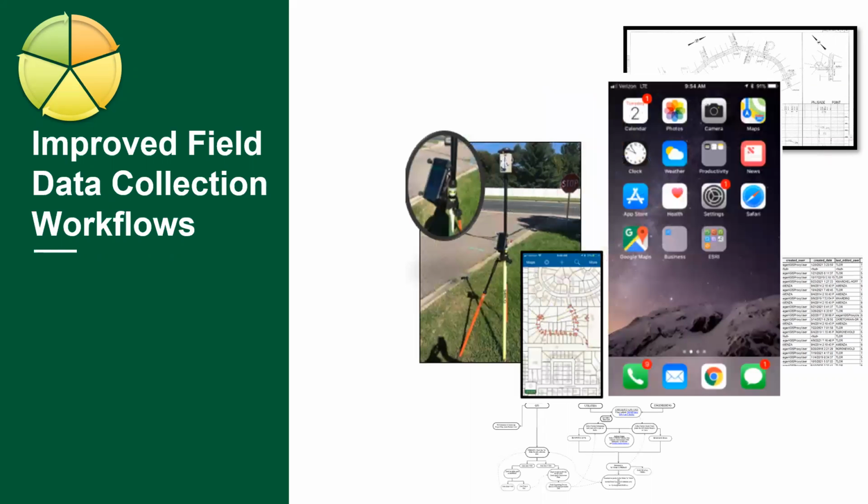ESRI Collector and Field Maps is being used for collecting data in the field for GPS points as they come in, and also by our mobile workforce. What's nice about Collector and Field Maps and also Survey123 is that notes can be typed or voice enabled. Voice notes are helpful for quick note gathering, especially when dealing with screen glare. And also we can attach photos to a point at the same time of collection.